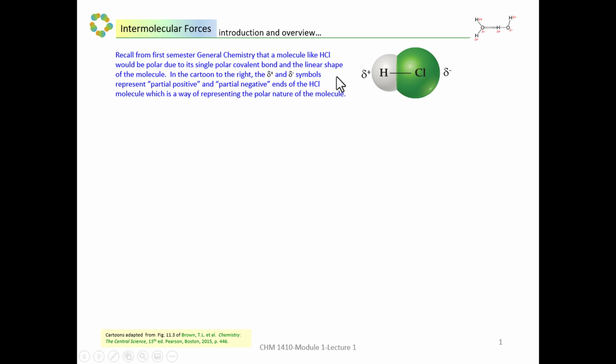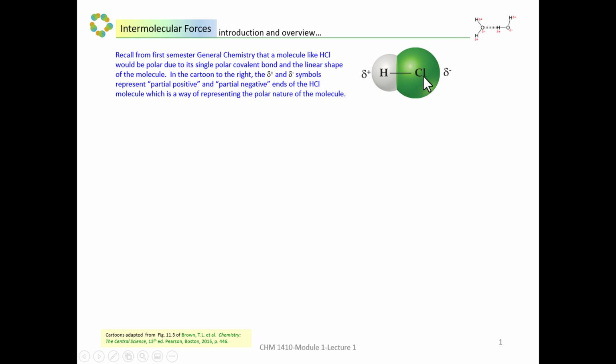Now in the cartoon to the right, the small Greek delta plus and delta minus symbols represent partial positive and partial negative ends of the HCl molecule, which is a way of representing the polar nature of the molecule. Now the HCl molecule has this particular shape here because, of course, a chlorine atom is larger than a hydrogen atom. So we say the molecule is linear, meaning it's shaped like a straight line in line